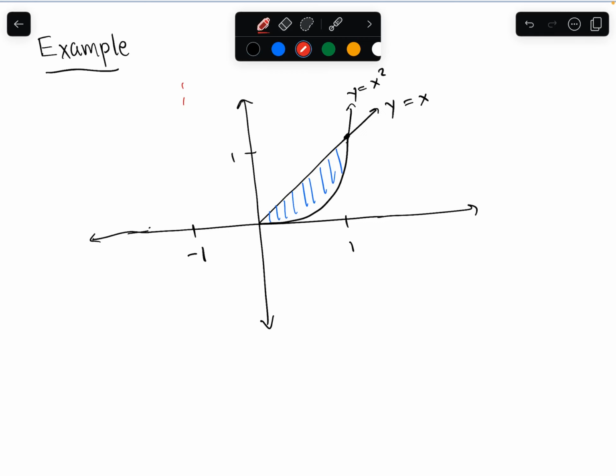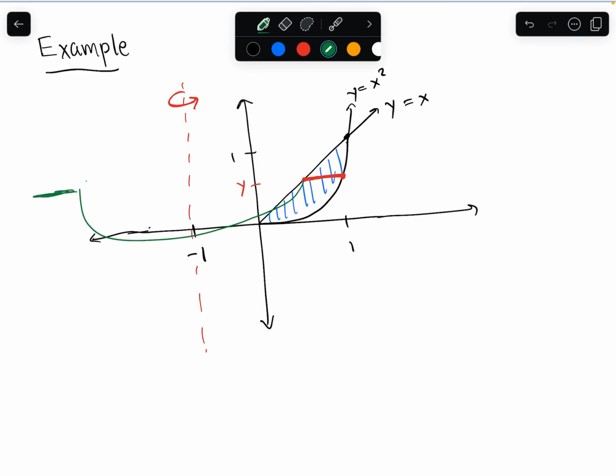And now with what we're doing, since this is the only method that we know, our cross sections that we get are going to be formed by taking, if you're at a height y now, when you're doing things with this method, also known as the washer method, your cross sections are always going to be perpendicular to the axis that you're rotating. Perpendicular. So when you do this perpendicular cross section and you rotate it around,